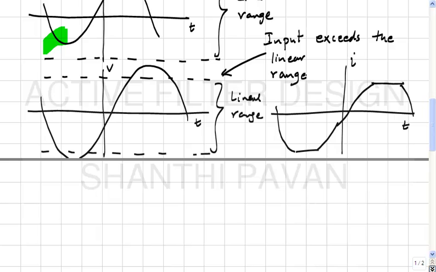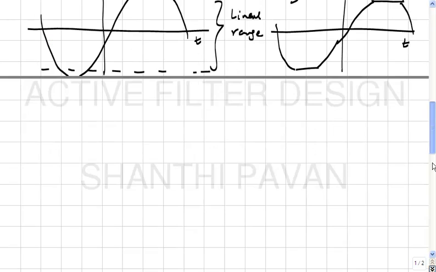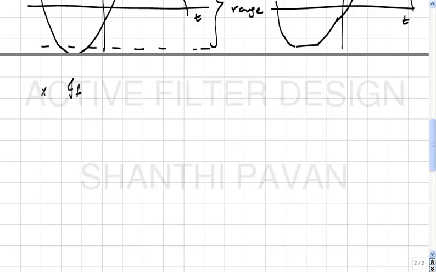So what observation can you make regarding the current waveform? It is clipped. In other words, if the input tone is a pure sinusoid, you will see in general a whole bunch of harmonics, where the level of harmonics is dependent on how much the input exceeds the linear range. So in other words, if the input exceeds the linear range,